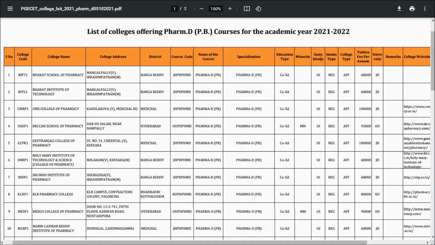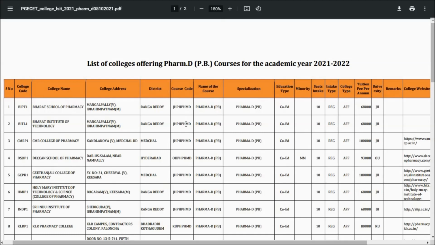And so this is the list of colleges offering PharmD post baccalaureate courses, academic year 2021 to 2022. They have also mentioned serial numbers, college code, and college name, that is Bharat School of Pharmacy, college address Mangalpalli, V. Ibrahimpatnam, Rangareddy, District Rangareddy, Medchal, Hyderabad, the Deccan School of Pharmacy.